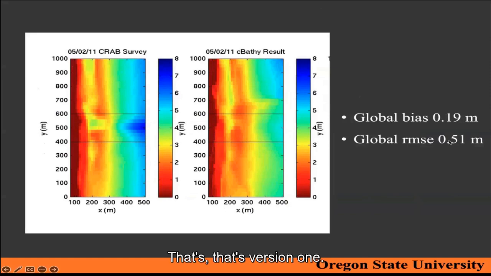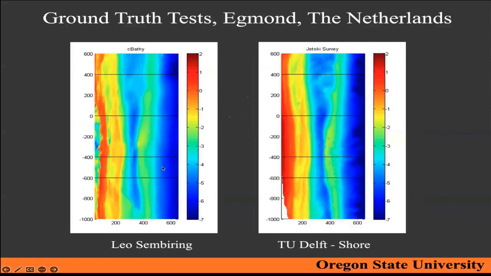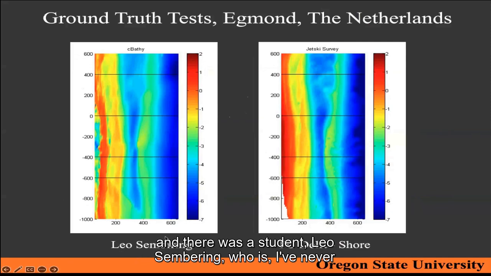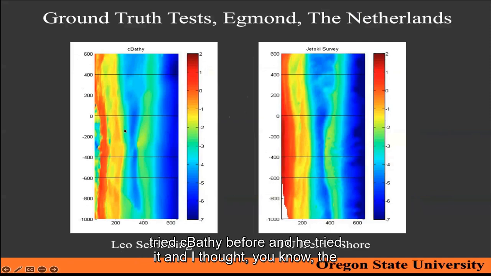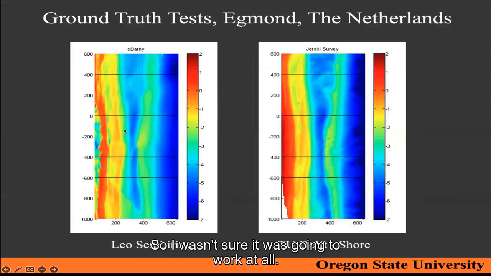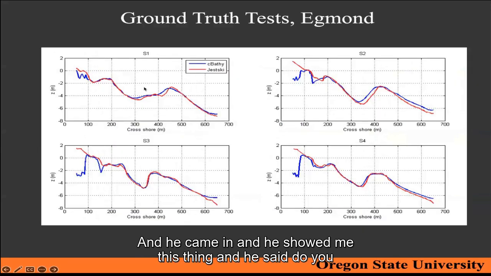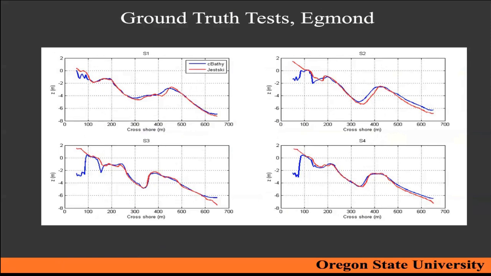That's version 1. Also, I got a kick out of this one, which was the Netherlands. There was a student, Leo Sembring, who had never tried cBathy before, and he tried it. And I thought, the Netherlands, the North Sea, has very short period waves, so I wasn't sure it was going to work at all. And he tried it. This is ground truth from a jet ski survey. This is cBathy. And these are 4 transects. Those are the transects. And he came in and showed me this, and he said, "Do you think this is okay?" People would die for this. So anyway,